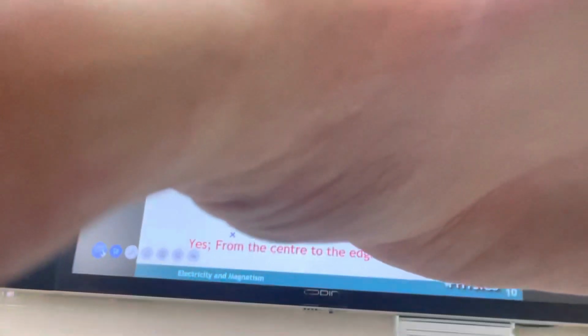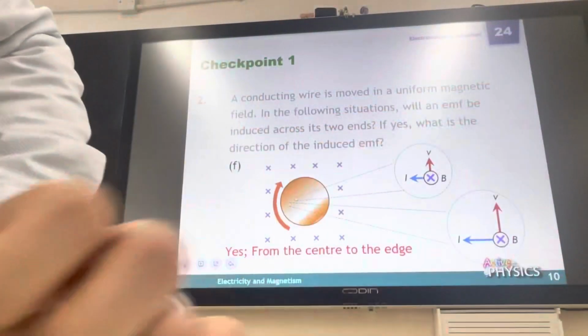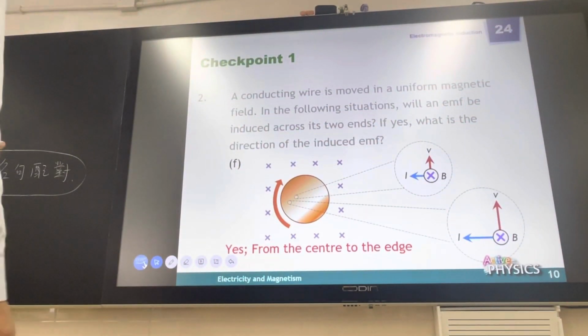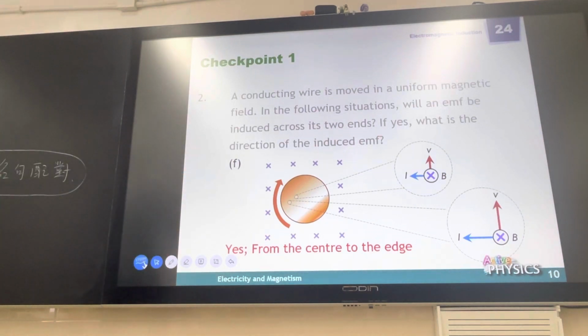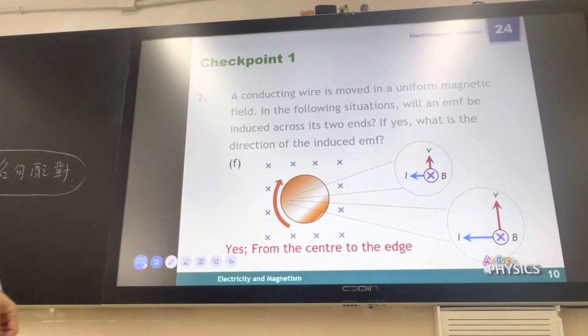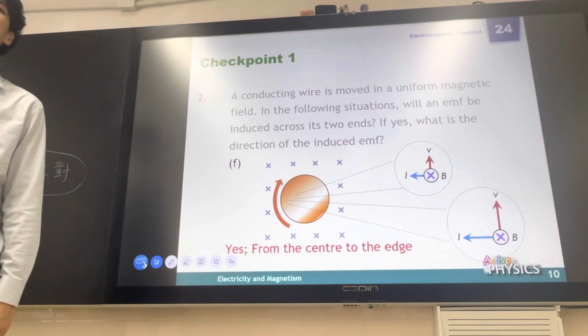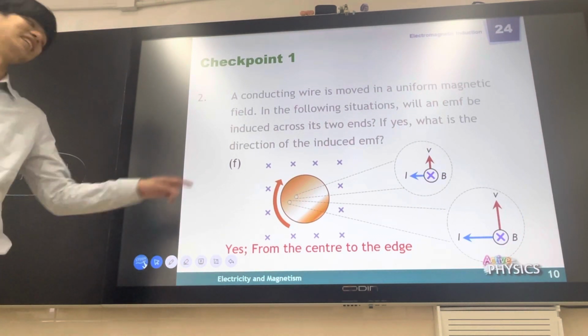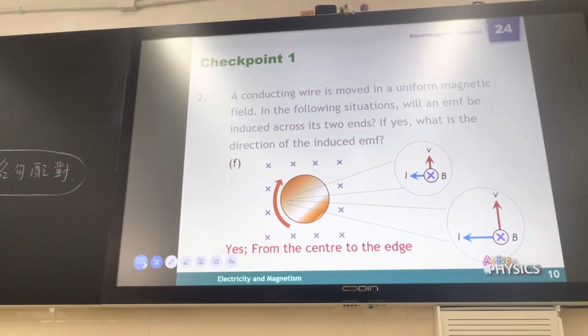好啦，大家揾個人解釋下啦，點解係 from the center to the edge？點解係 from the center to the edge？你淨係得一邊，你點知全部都係 from the center to the edge？